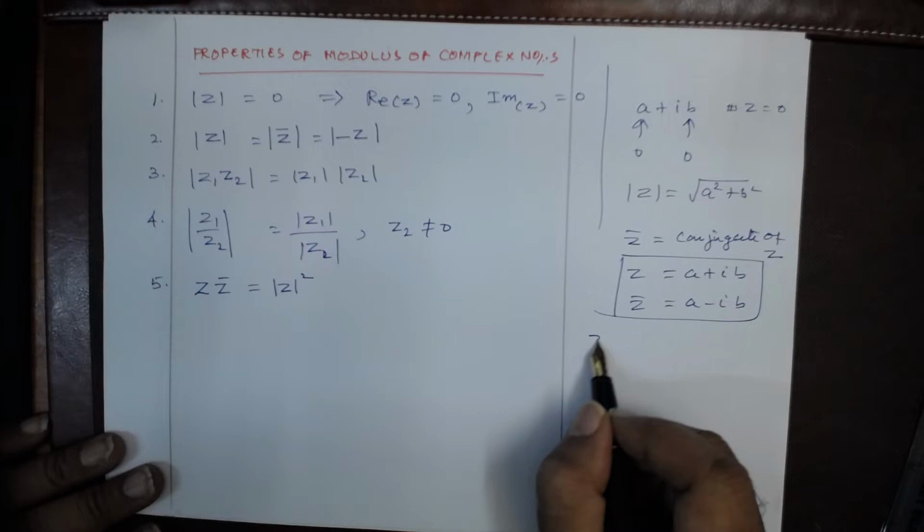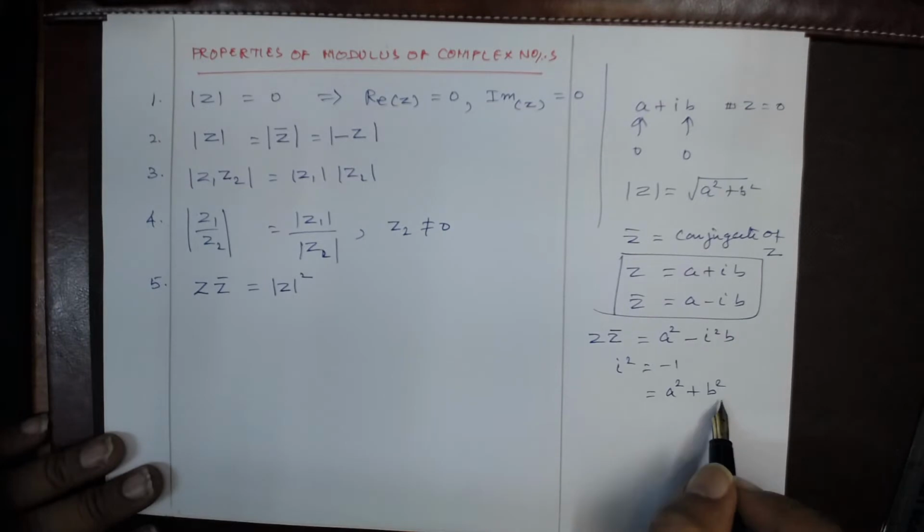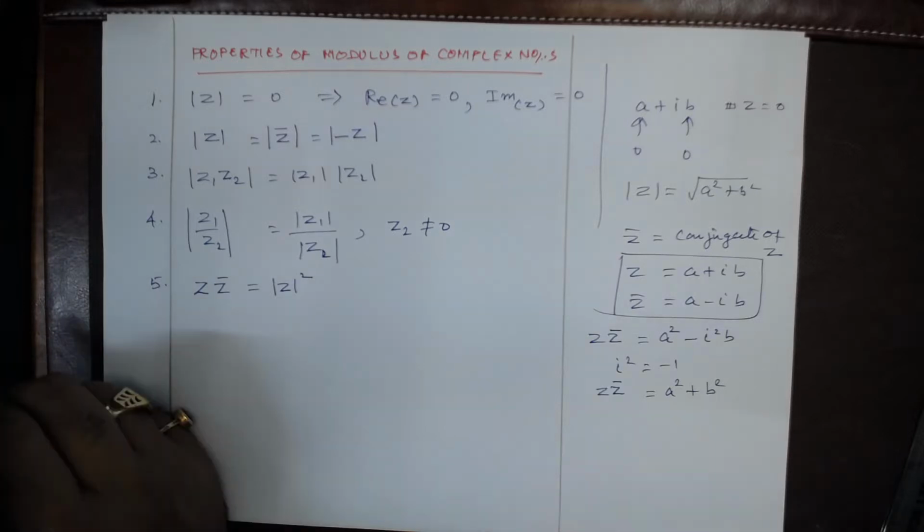A squared and then minus, how much? Minus 1. Therefore, a squared plus b squared. Why? Because i squared is minus 1. Do you understand this? Okay. Right. And sixth one,